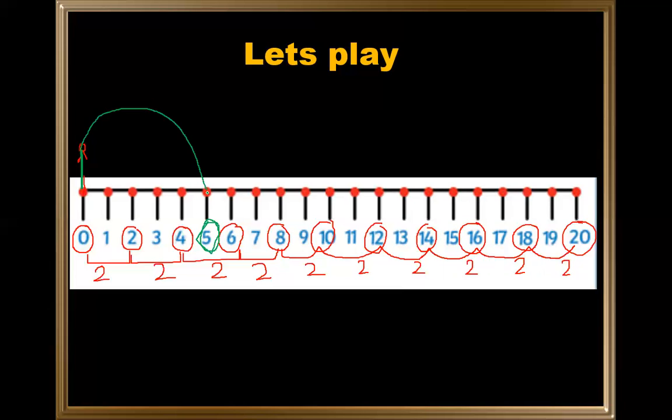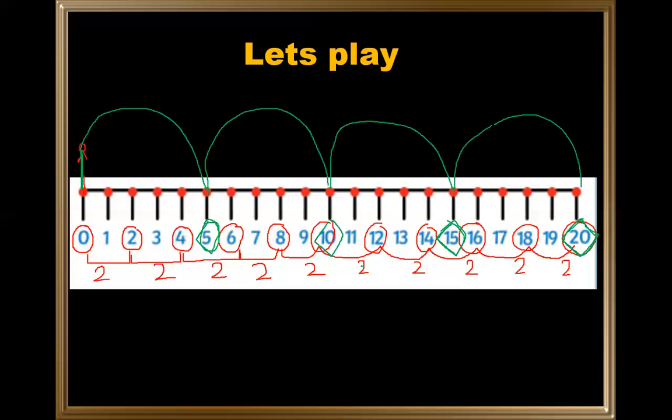When I take one more jump, I come on the number 10. Then again I take one more jump, and I reach the number 15. Then again I take one more step, and I come on the number 20. So after taking 4 jumps, I reached from 0 to 20. So what are these now? Every time I'm covering the gap of 5.